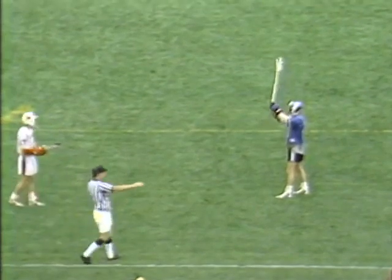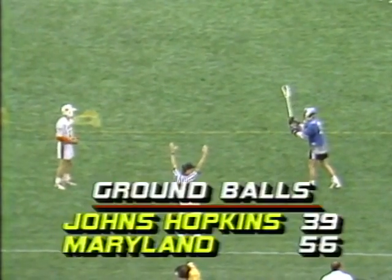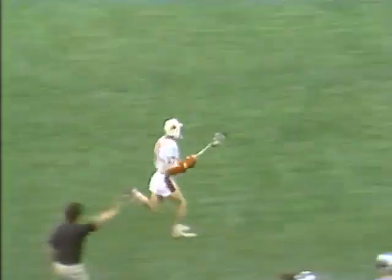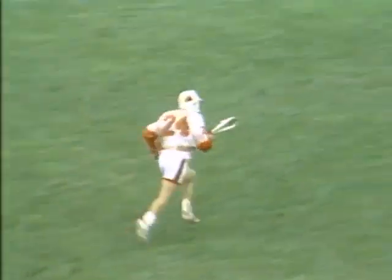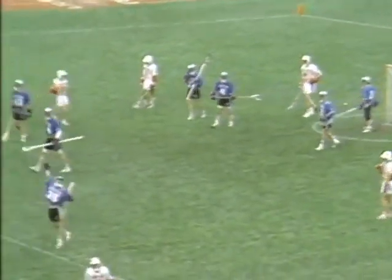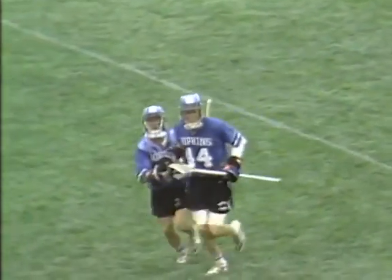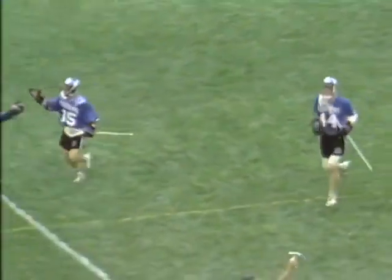See on the ground balls right here is a story for you. Maryland winning handily the ground balls, and we all thought that would be a key. Even the coaches did, but it didn't quite matter because every time Maryland got an opportunity, they sort of squandered that opportunity, and Hopkins had a very high percentage of efficiency when they had the opportunity. The Maryland Terrapins go off sides on that fast break. That'll give the ball back to Johns Hopkins, and they can probably hold on to it, leading 12-8 with only